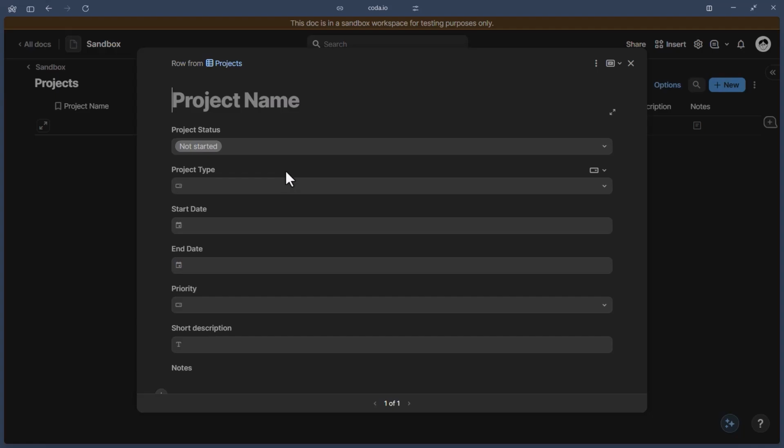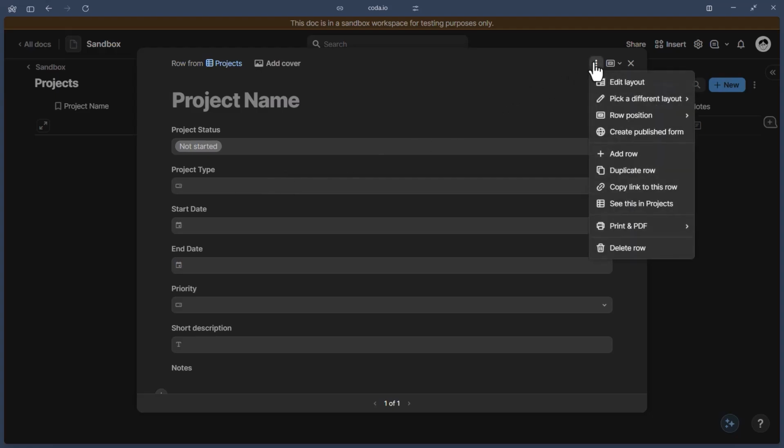So that's the default. And oftentimes in life, you want to change the default. Otherwise, you just go with what's given to you. But you can actually influence the default. And that's the case with Coda layouts as well. So to change a layout and to create one or multiple layouts, I can click on the three dots on